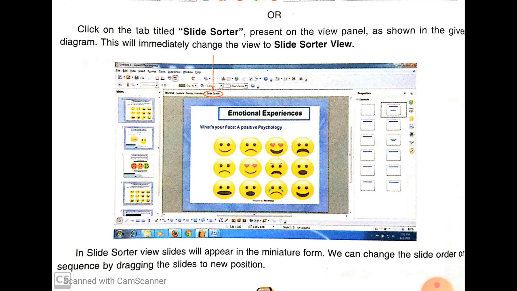In slide sorter view, slides will appear in miniature form. We can change the slide order or sequence by moving the slide to a new position. Now here are the steps to change the slide sequence.